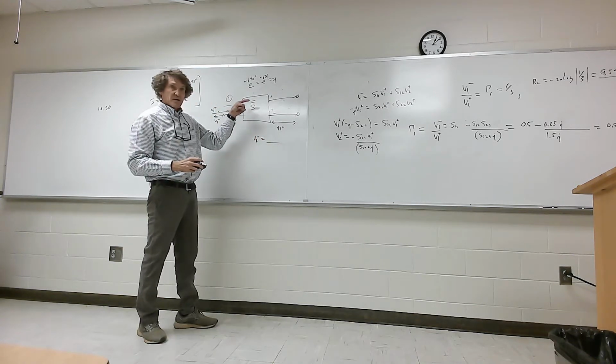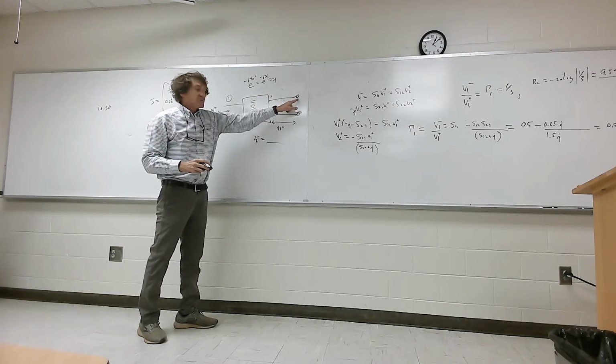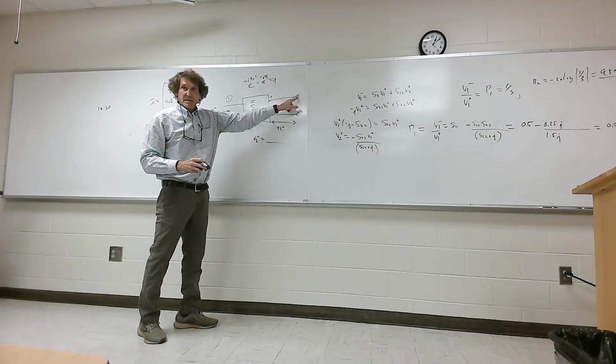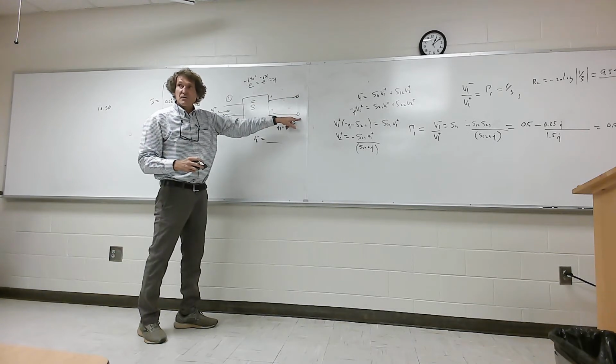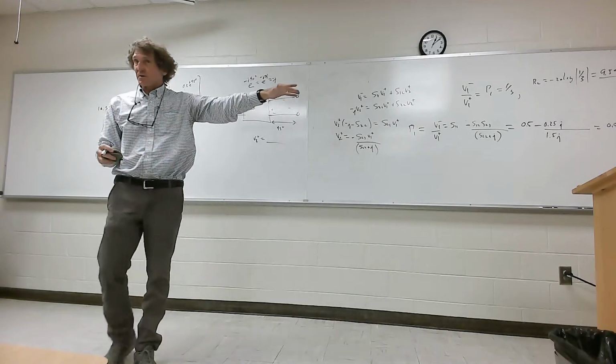Always take a look at this. Coming out is V1 minus, right? It goes through a phase change of 45 degrees to there, correct? Now what's the reflection coefficient going into an open circuit? 1, isn't it? Reflection coefficient is the impedance you're going into, that's infinite if it's an open circuit, right,